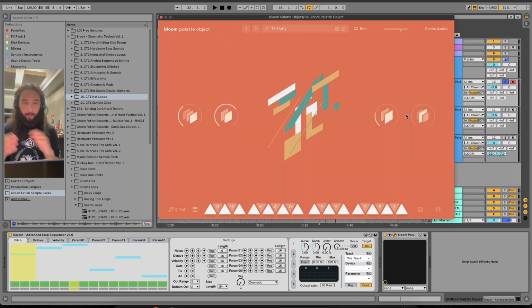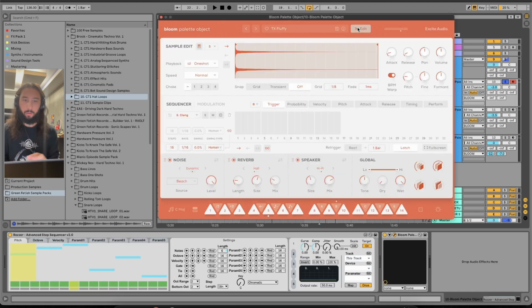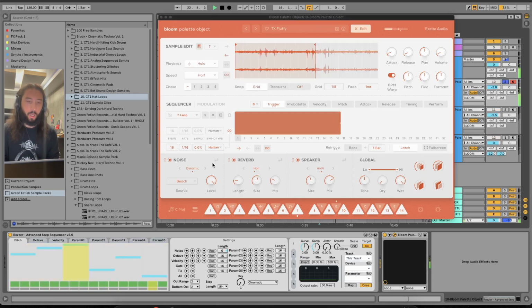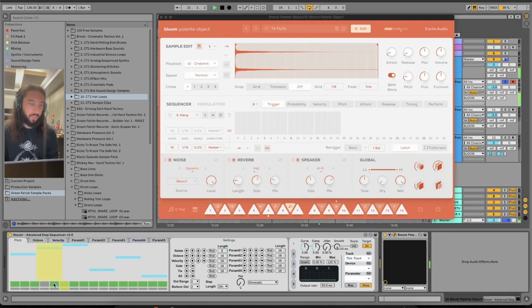So also what I love about it is you can just use it really quickly to get into a good pocket, go through presets, and then once you're in a good spot, you can really get inside and hone it in, resample, layer, the whole lot. So already on its own, I've been leaning on the noise and the speaker a lot. As I said, I'm sequencing with Rozzer, so you can mute some steps. So you can really